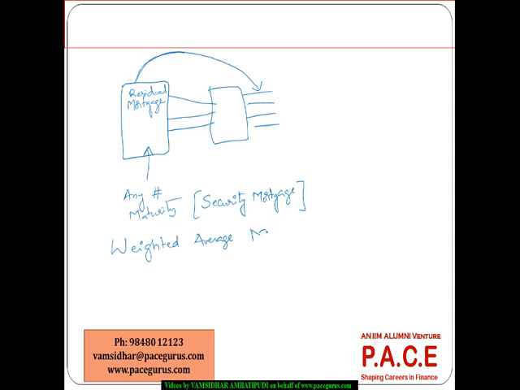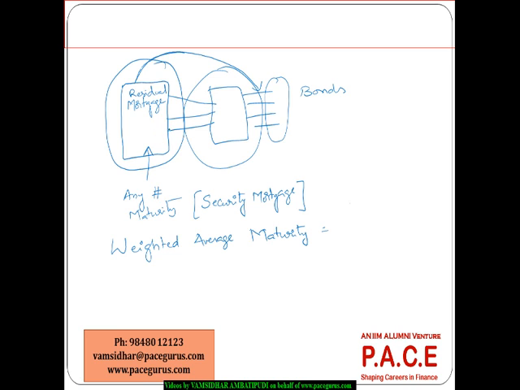So now I can see that this pool of loans is packaged and sold to this entity, and this entity has created different kinds of bonds and sold them to the investors. So I require the weighted average maturity period of this entire MBS. The weighted average maturity is the weighted average of the maturity of all the loans that got into the pool, and the weightage is computed based on the principal value of all the mortgages.